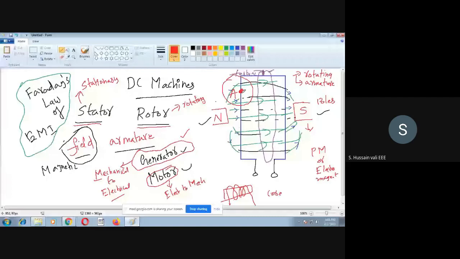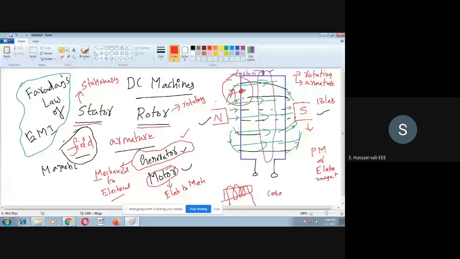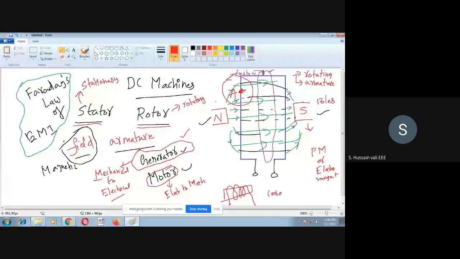Sometimes no flux is interacting with point A. This may happen. Why? Because the flux pattern is fixed, whereas point A is changing its position continuously. When it is changing its position continuously, then the flux linking also changes. So when the flux linking is changing, then Faraday's law says that whenever the flux linking to a conductor is changing, EMF will be induced in that coil.